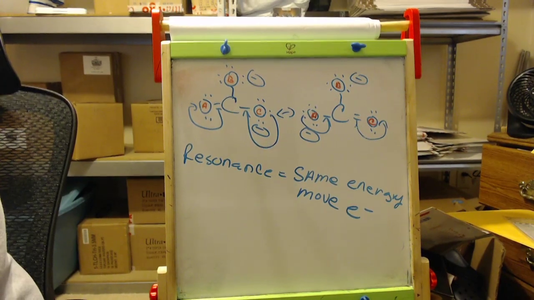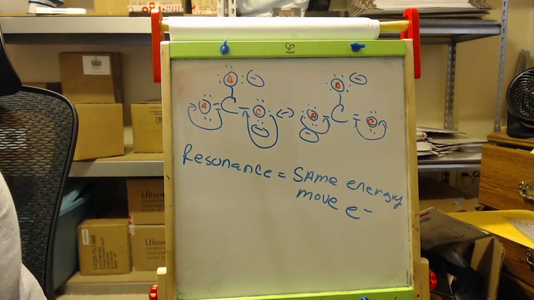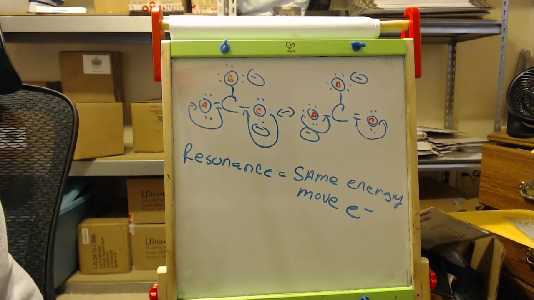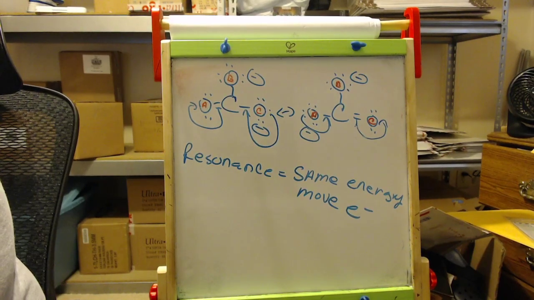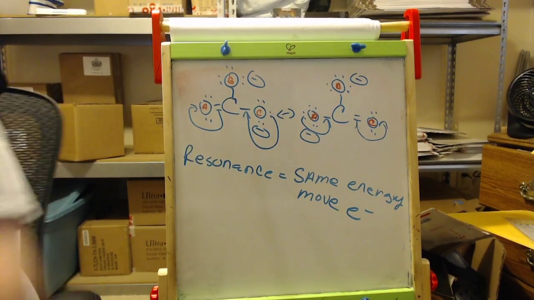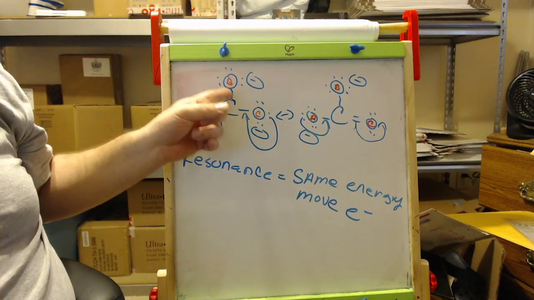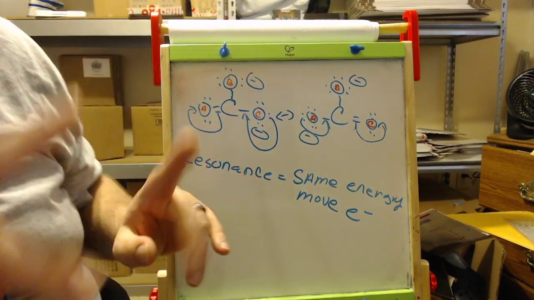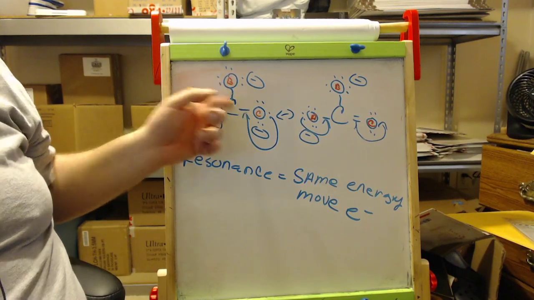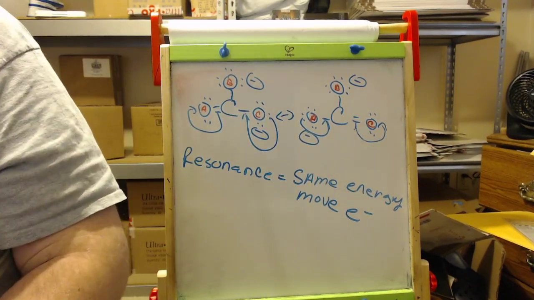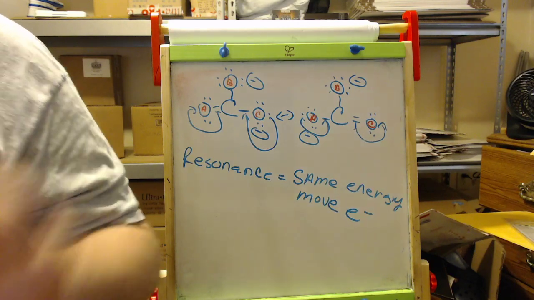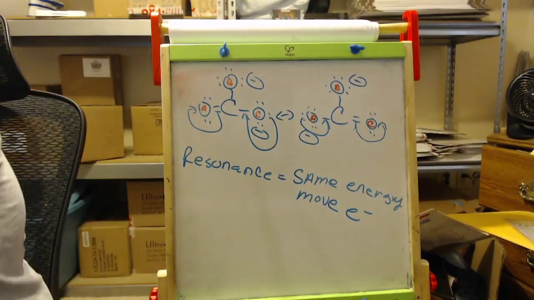Now, the key about resonance structures is we're going to try to keep the same amount of energy if they're going to be similar, and we're going to be able to move the electrons. The big thing I always tell people, number 1, don't get resonance happy, meaning you have to draw 1 million resonance structures. And number 2, you can't draw them if there's no free electrons moving around. I.e., there has to be a double bond or lone pair. You can't take these here and move them. Foreshadowing, you might be able to. But for right now, we can't. These are making up the skeletal structure. They're not going to move. Foreshadowing, take that with a grain of salt down the road.